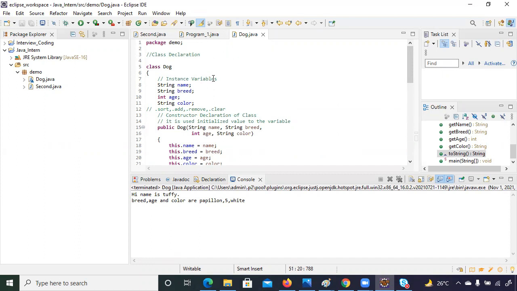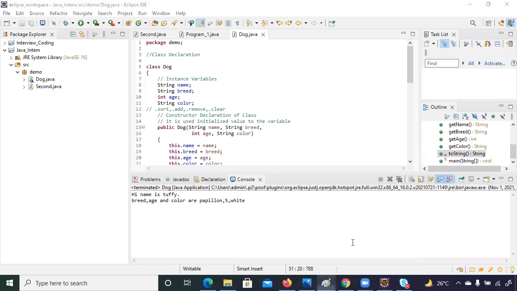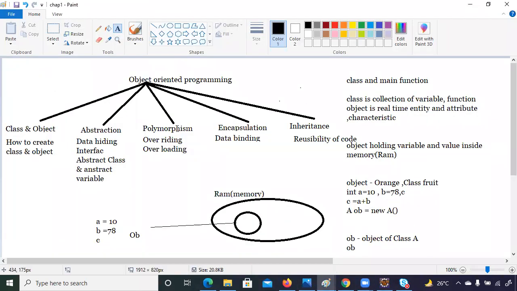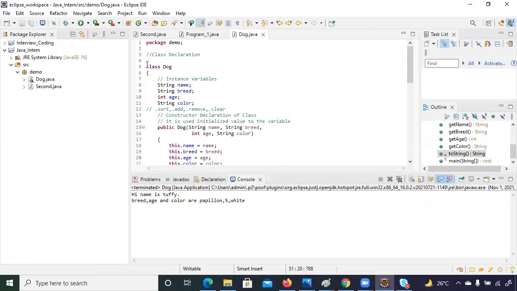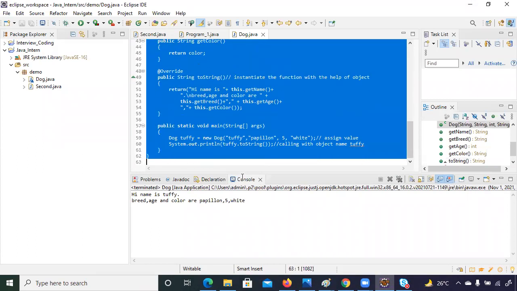Tomorrow I will check every system. Then we're going to make some more programs on class and object, and I will start the polymorphism part, which is overriding and overloading. So go through this program. If I start any other topic, it will be confusing for you.